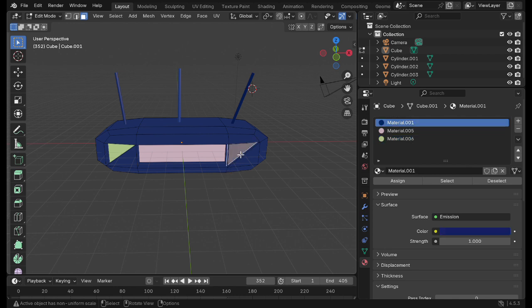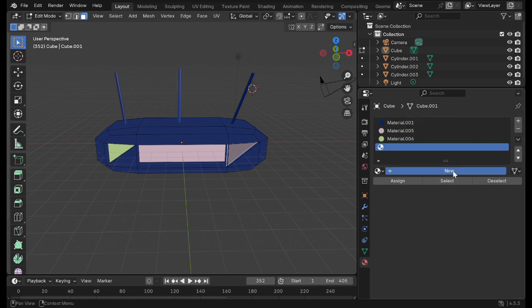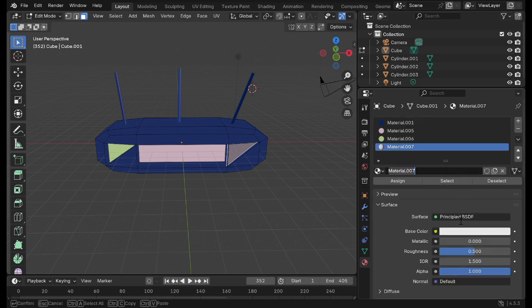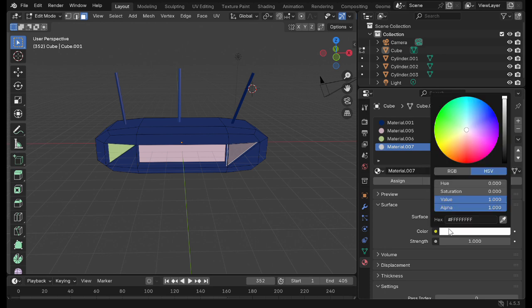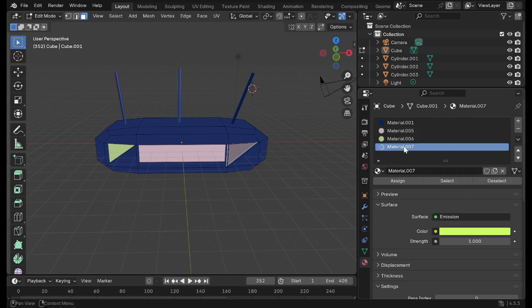And for this case, I come here, select it, and also add new, surface emission, and select color. Let me select the same one as this, and then assign. As you can see, it has different colors,